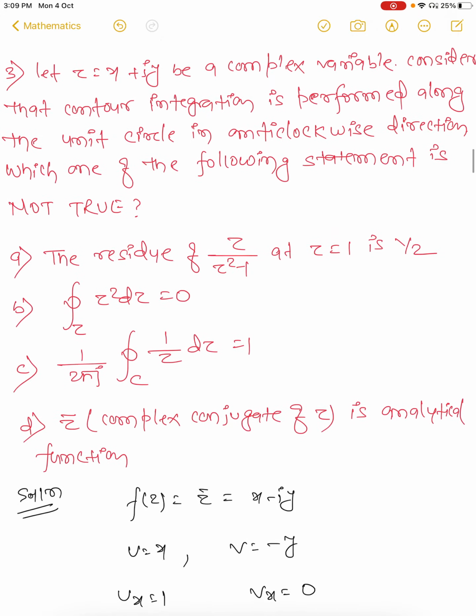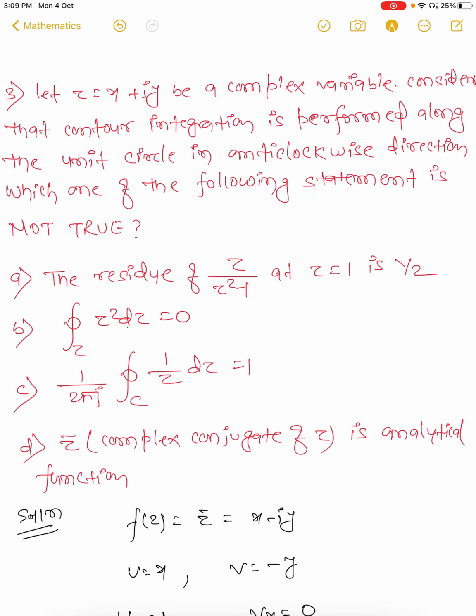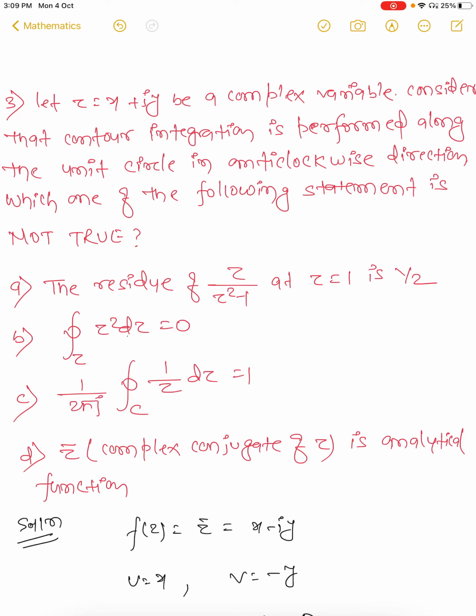In similar fashion, the closed contour integration of z squared dz is equal to 0. Why is it 0? Because the pole is at 0 and the numerator has z squared, so putting z equal to 0 gives 0. For 1 by z, the pole is at 0 but the numerator is 1, so the integration is 2 pi j times the residue of this function, which becomes 1.